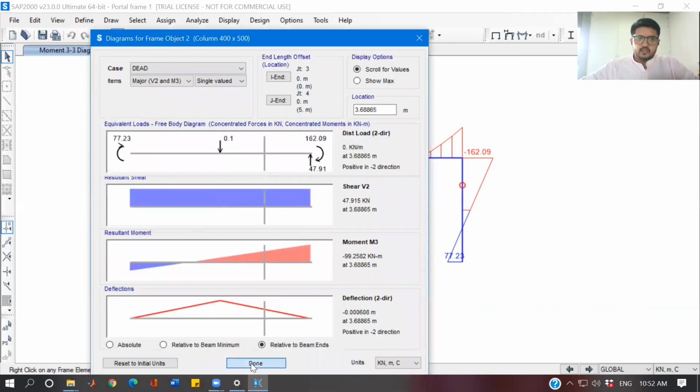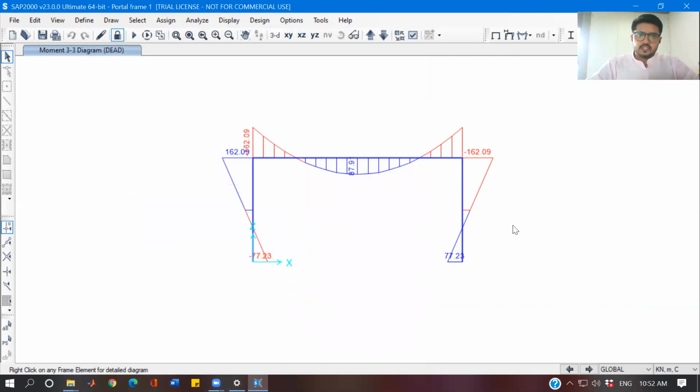Now your task is to replicate this. What I want you to do is draw this portal frame in your system. For the first time, you can keep the same loadings which I have assigned here and verify your model to see if you are getting the same values or not. Once you get the same values, then you can start playing with it. I'm sure that in structural mechanics for second year students, you might have solved a number of portal frame problems using different methods.